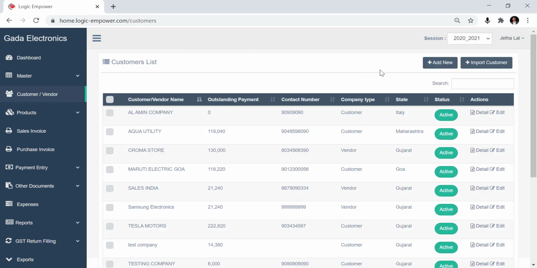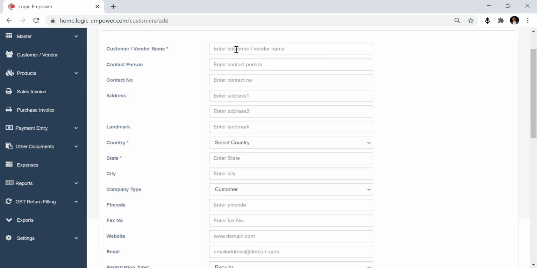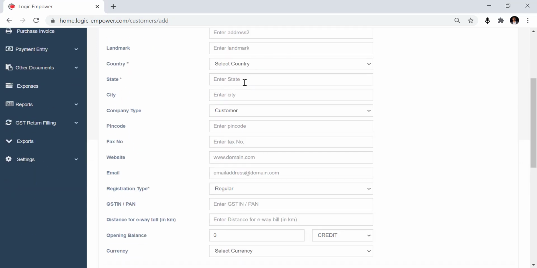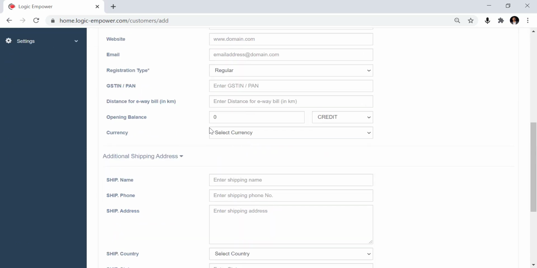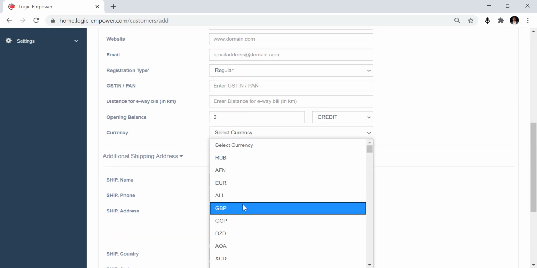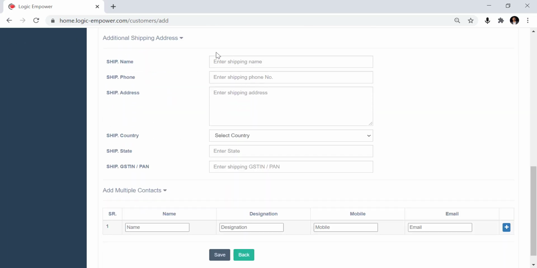If you want to add a customer manually, you can click on add new. You can enter customer name, contact person, address and all basic details, GST numbers, currency you can select for the different customers. You can also add additional shipping address.